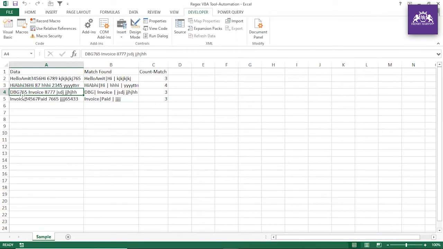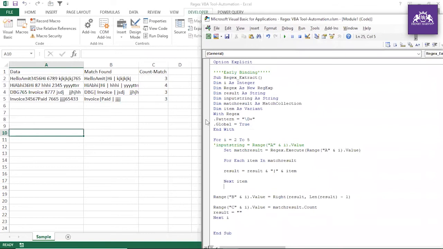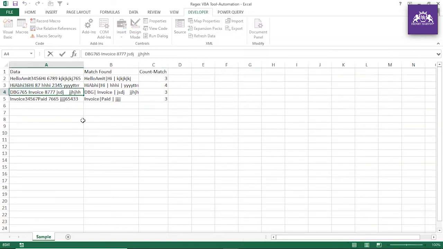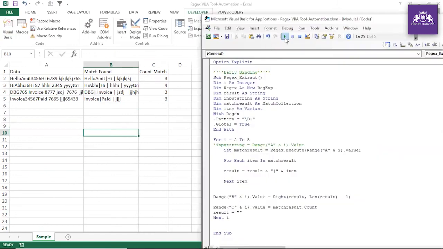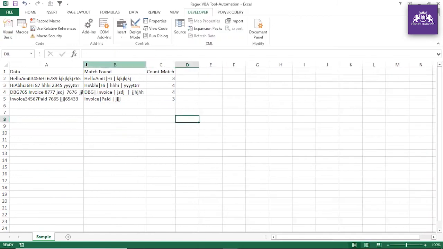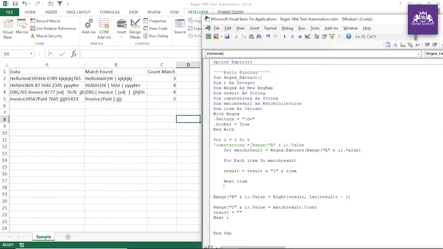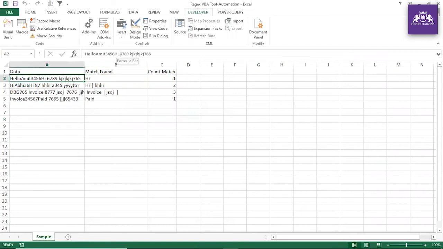Okay, one minute. In between we should have the numbers. Let me just check and find out. Yes guys, so what is happening here. If you look at this pattern, we have mentioned \d plus, and we want some space also, so you can give any white space character. So let's see, guys, you are getting this result. So now any white space should always be there. It has mentioned high. Now you see that after high we have some space.